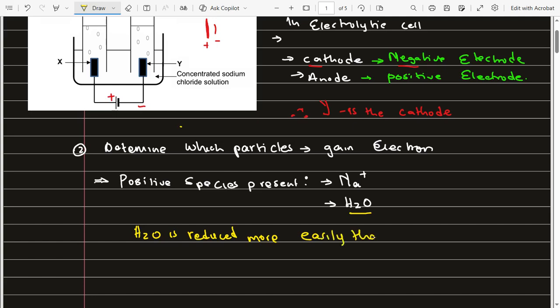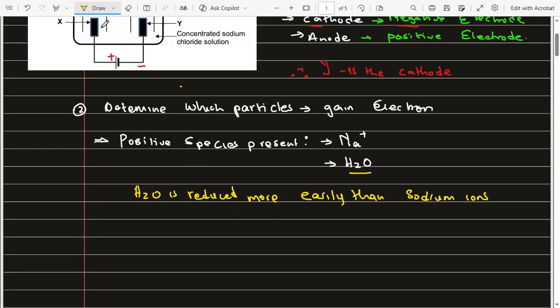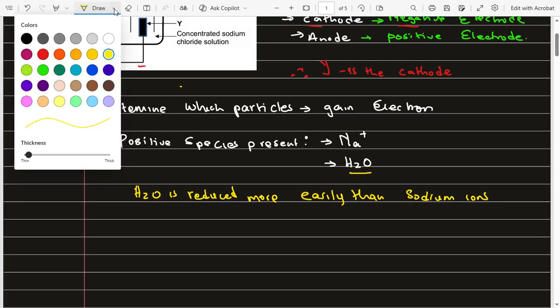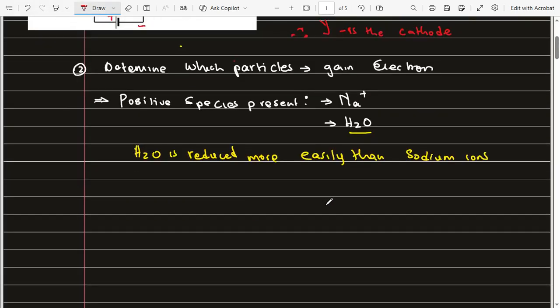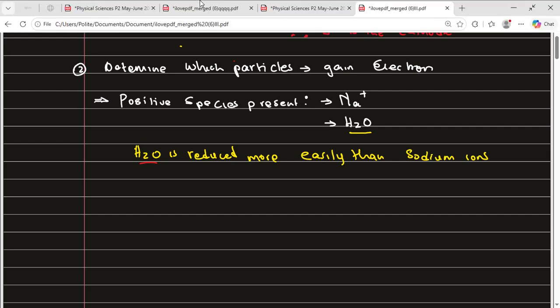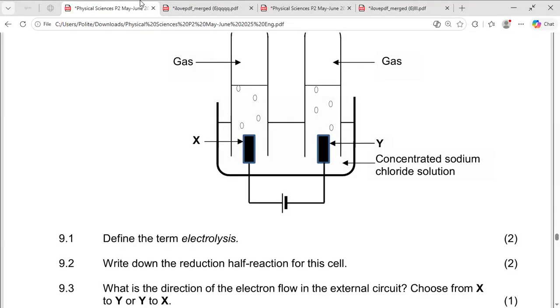Then when you understand this, you'll be able to write the reduction reaction. We said that water is reduced more easily than the sodium ion. So this tells you that I can definitely go to